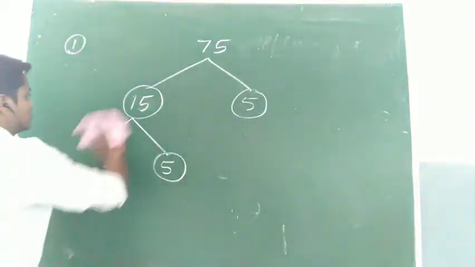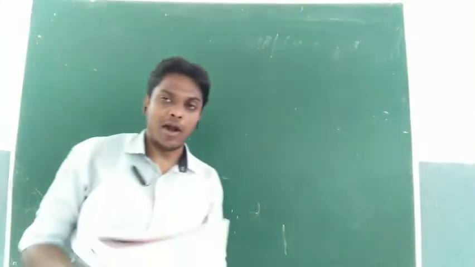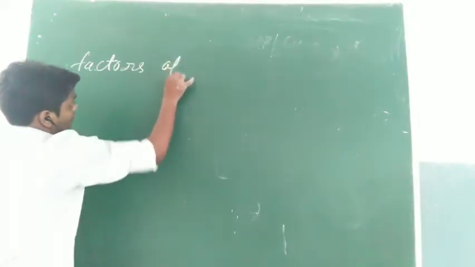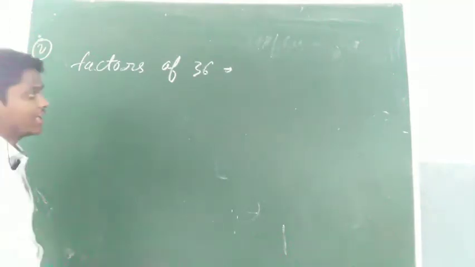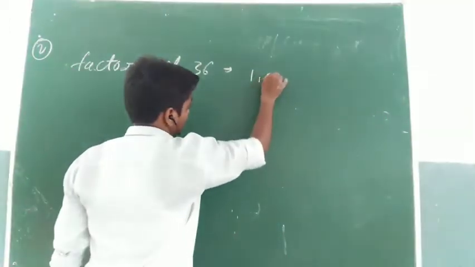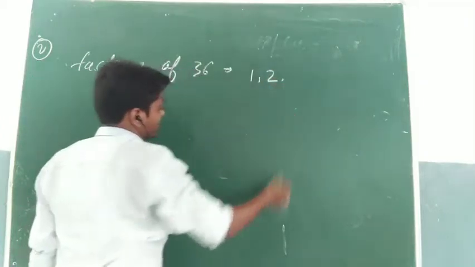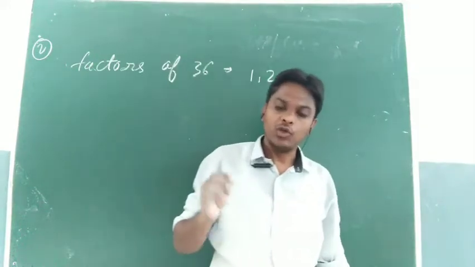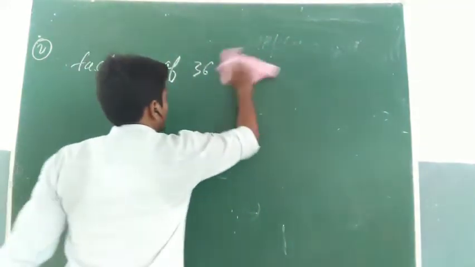Now we will move to the second question. Find the common factors. I will tell you one part and the rest you will do by yourself. If you have any problem, then let me know. Common factors of 36 and 48. First of all we have to find the factors of 36. As we know, 1 is a factor of 36, 2 is a factor of 36. You know the method of how to find the factors, so you will follow that one also.